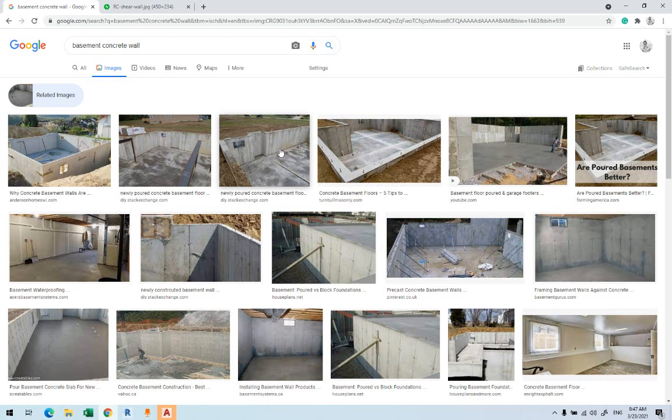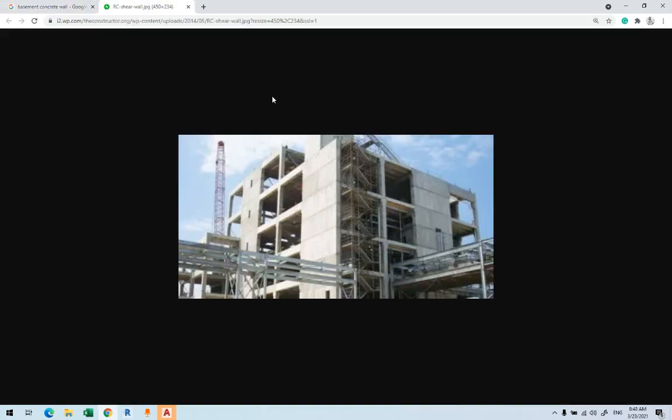Now structural walls, I'll just show it to you. When you have a basement, usually we do the wall with reinforced concrete. It's a wall basically made of reinforced concrete. Or when we have a shear wall. Now a shear wall is an element that's used mainly for lateral force resistance. It's kind of a big column, you can imagine. It's a long column. It's very strong,